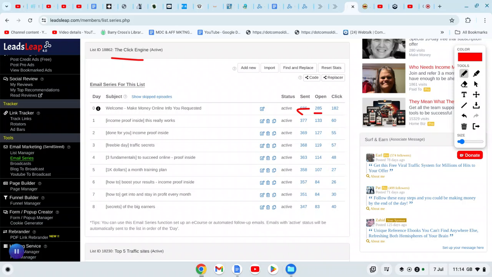So what that means is that the deliverability goes into the inbox and not the spam. There's a very high deliverability with the Leads Leap SendSteed autoresponder and list builder. And then what that means is that when you start getting opens, you start getting clicks. So choose an autoresponder that's going to get into the inbox, not the promotions folder, not the spam. And then you consistently, this is an email series, it automates your follow-ups, but